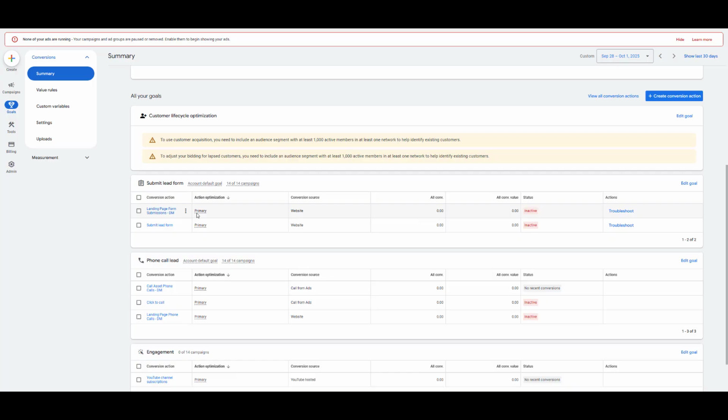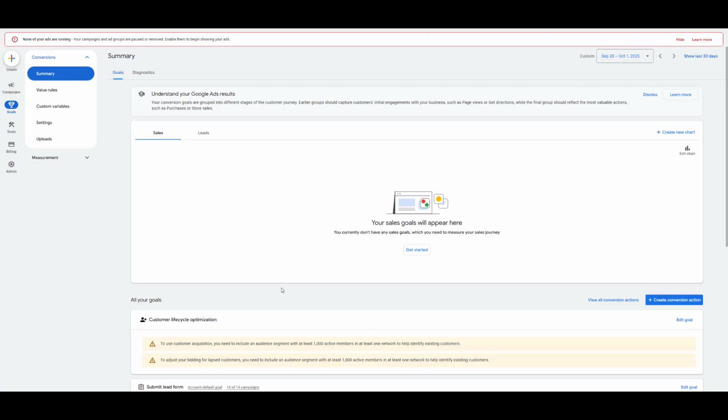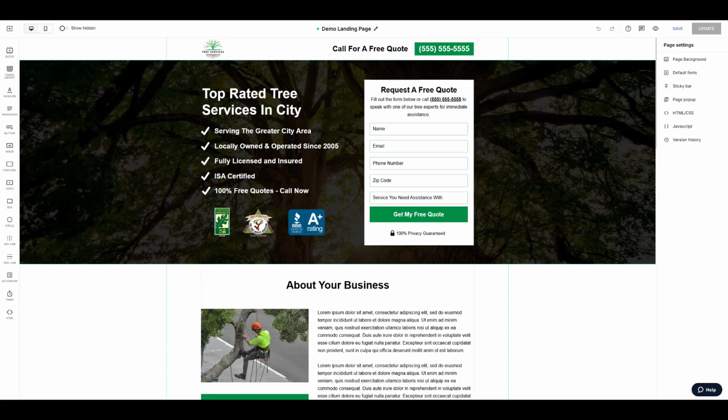And if you're using a landing page builder, it should be a very easy process to just copy and paste these in. And we'll hop over there. I'll show you how to set that up now. All right, so I'm on the back end of the landing page builder that I use right now. And I'm going to show you what you should be looking for when you need to install that conversion